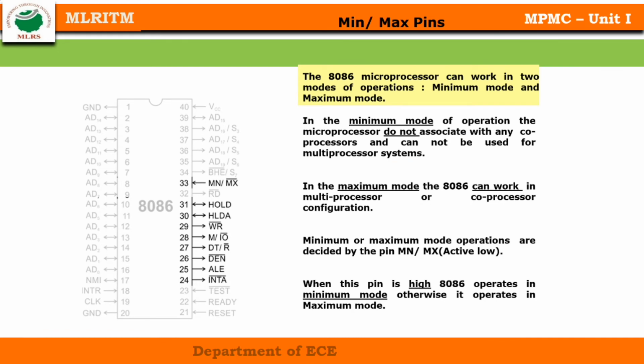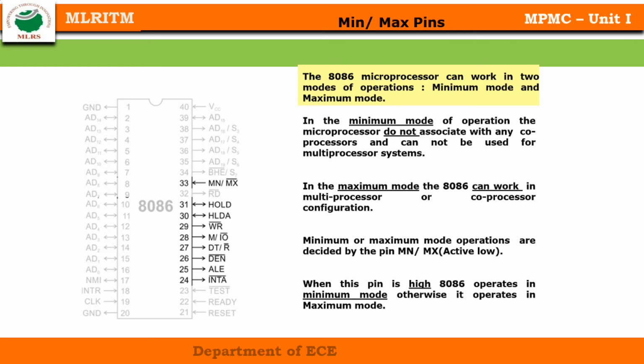The microprocessor operates in minimum and maximum mode. In minimum mode of operation, the microprocessor is not associated with any coprocessor and cannot be used for a multiprocessor system. In maximum mode, 8086 can work in multiprocessor or coprocessor configuration. Minimum mode or maximum mode operation is decided by pin number 33, MN/MX. When this pin is high, 8086 operates in minimum mode. Otherwise, it operates in